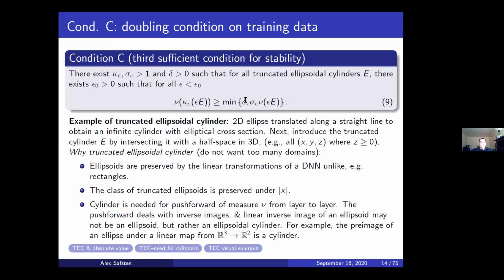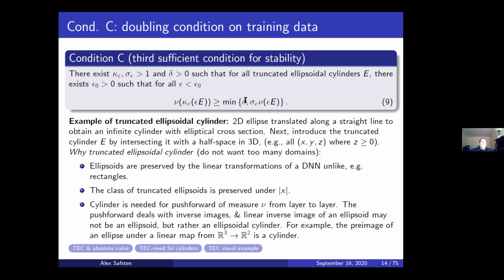So why do we consider this somewhat awkward class of truncated ellipsoidal cylinders? Well, the main reason is that, as stated earlier, we don't want to have to consider all possible open-bounded, connected domains because there's just too many of them. It's not practical to verify a condition over such a large set. But we choose truncated ellipsoidal cylinders specifically because ellipsoids are preserved by the linear transformations of the DNN, first of all, unlike rectangles or spheres. Second, the class of truncated ellipsoids is preserved in some sense under the absolute value of x. And finally,